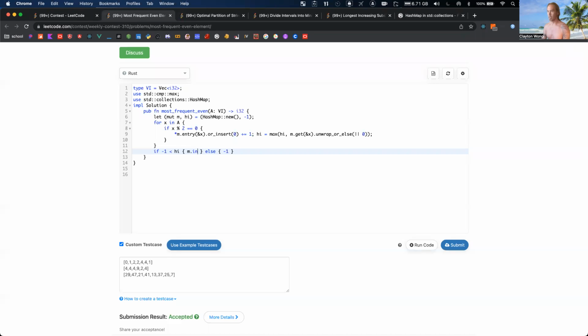Okay, m dot into iter dot filter count equal to high dot map